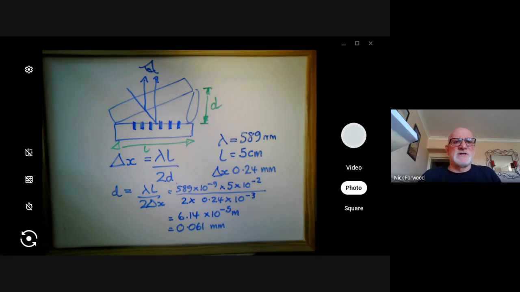Let me see if I can get that back for you. Let me go back to the experiment and then I'll swap out. So I want to go and see that. So you should be back at the experiment now, seeing that. What I want to do is go and have a look